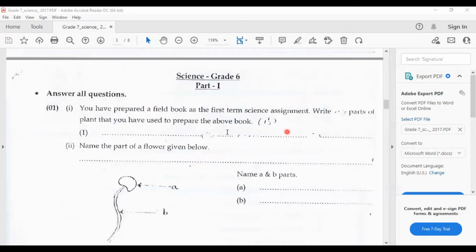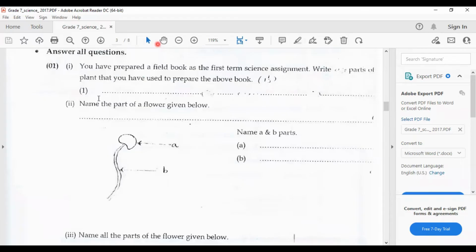Part 2, first question. You have prepared a field book as the first term science assignment. Write the parts of plant that you have used to prepare the above book. Here you have to write down some parts of the plants. You can write down leaves, flowers,